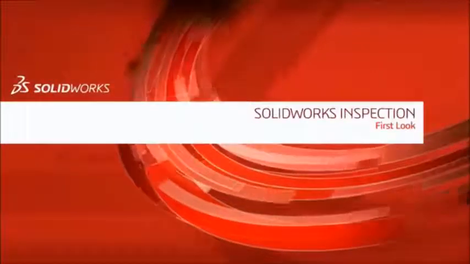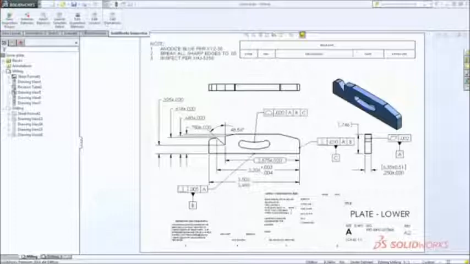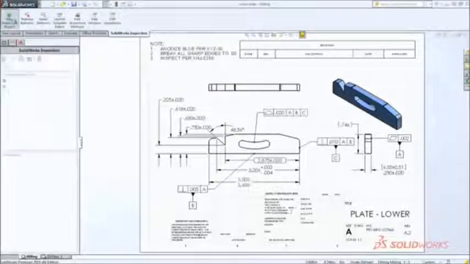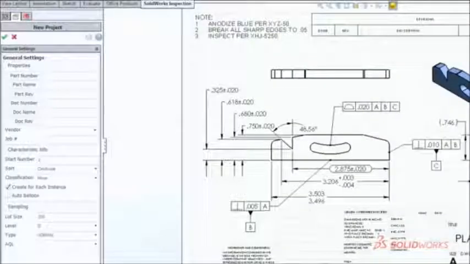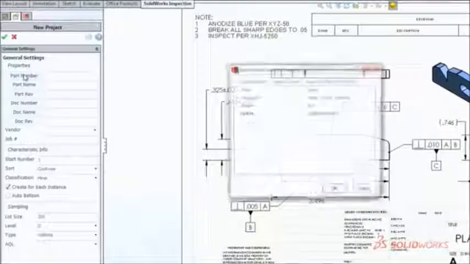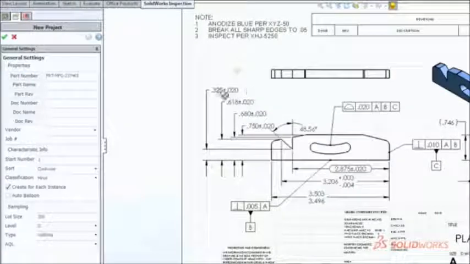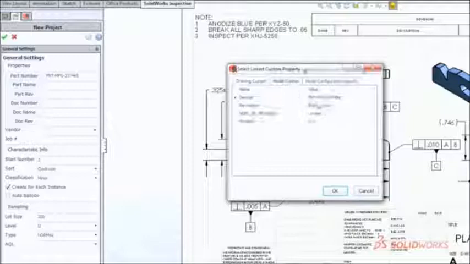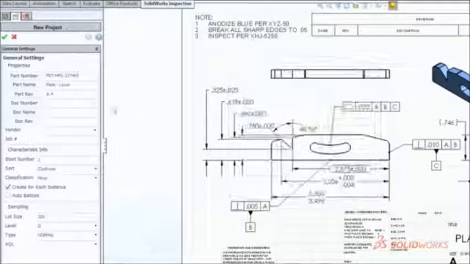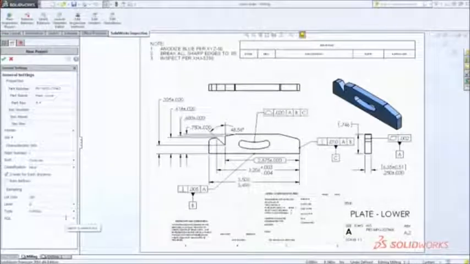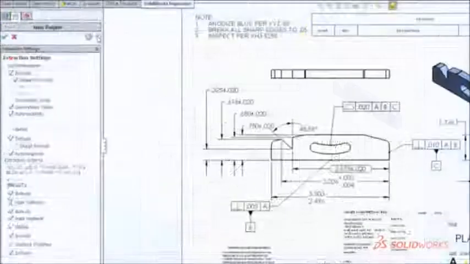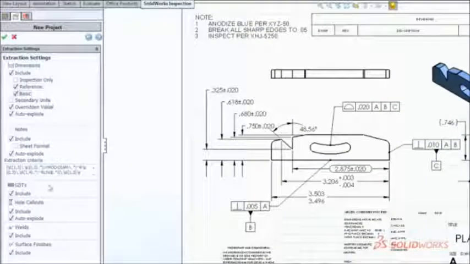SOLIDWORKS Inspection is a simple-to-use, easy-to-learn quality control solution that helps streamline the creation of inspection documentation. With a few simple clicks, SOLIDWORKS Inspection quickly recognizes and extracts part numbers, names, revisions, notes, and other critical information directly from SOLIDWORKS drawings. Quickly set the extraction settings to include critical inspection dimensions or other basic and reference measurements